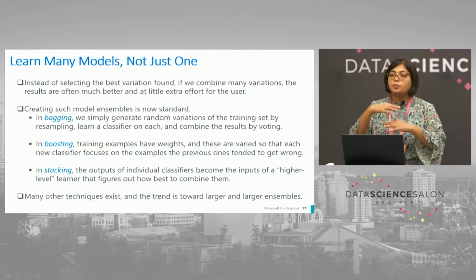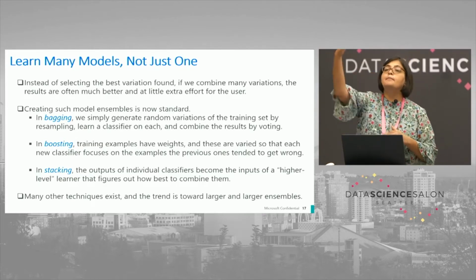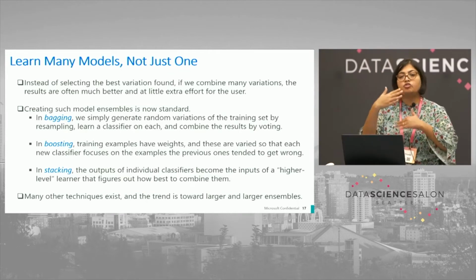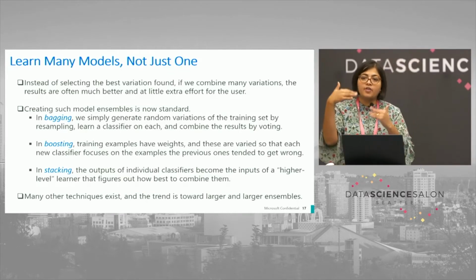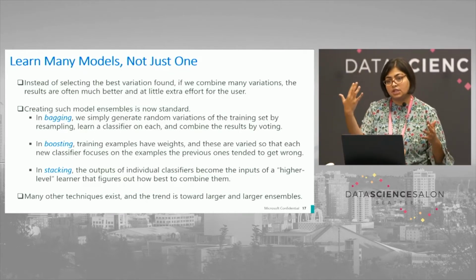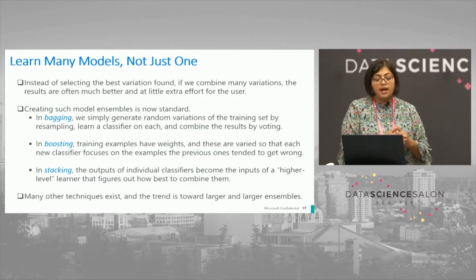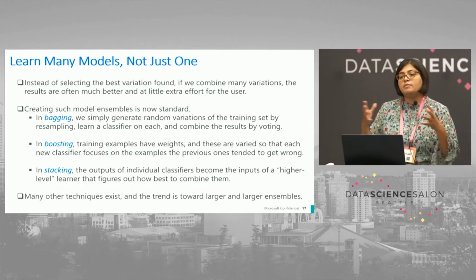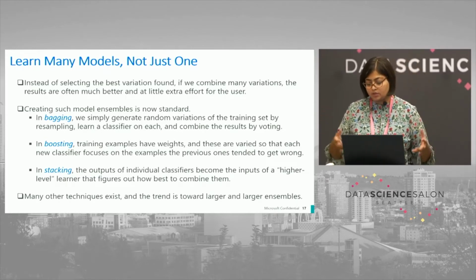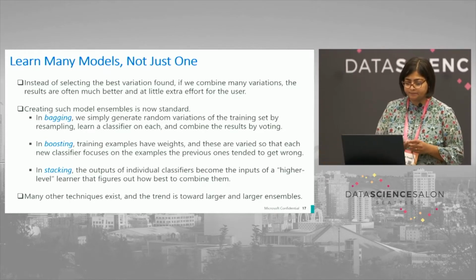In stacking, the output of one layer is the input to the next layer, right? So basically you're learning in steps and trying to come to a decision about whether your model has learned better in the other step or not. There are various techniques to examine. The ensemble size is going towards a bigger size more and more.